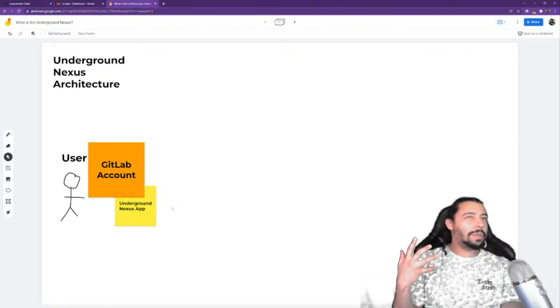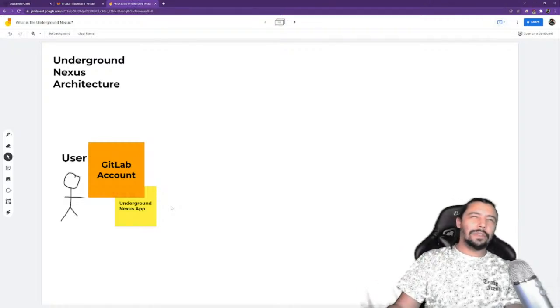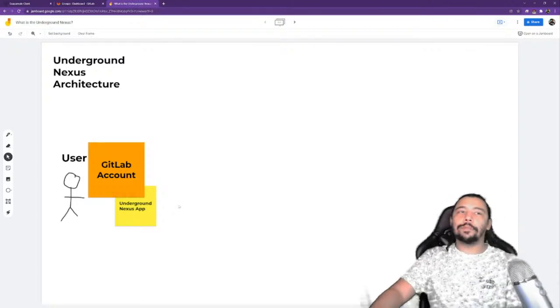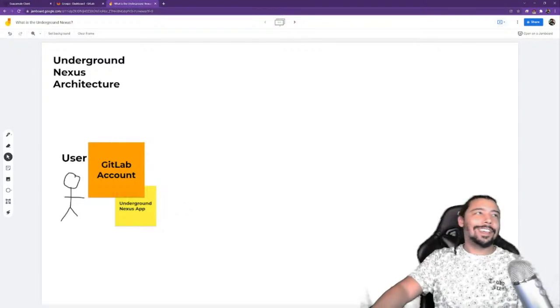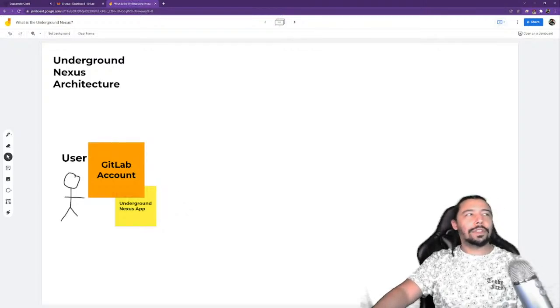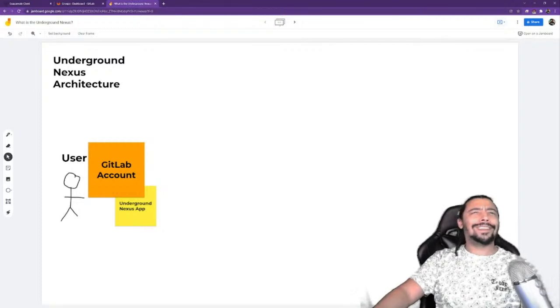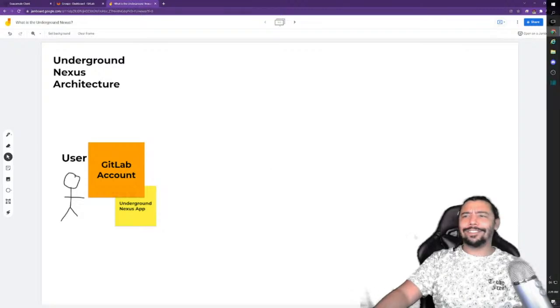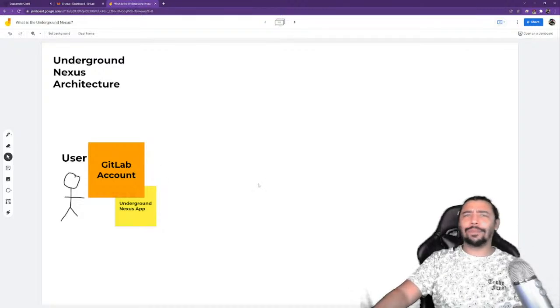Right now it's in closed beta, so eventually we'll probably just make it to where you can just go and get it without being part of the DevSecOps dojo, all that good stuff. But whenever you have a new release, having no control over your new release is just a bad idea. There will be a day when we've tested things a lot more than day one. This thing's never existed before, and closed beta first. So anyways, got our user, GitLab account, they get the Underground Nexus.